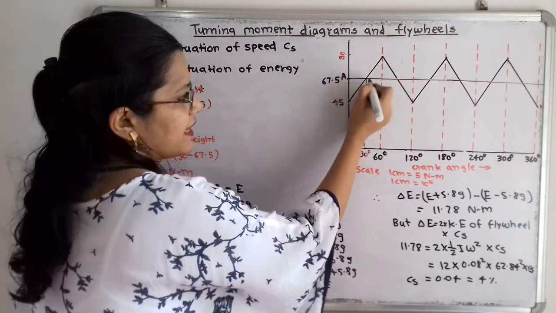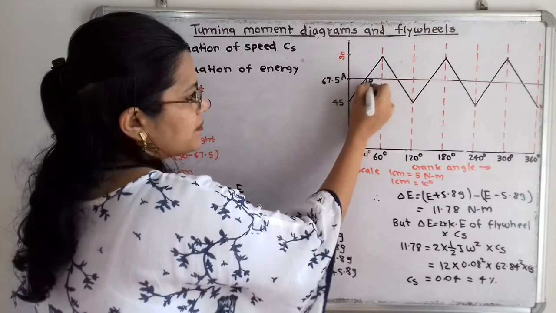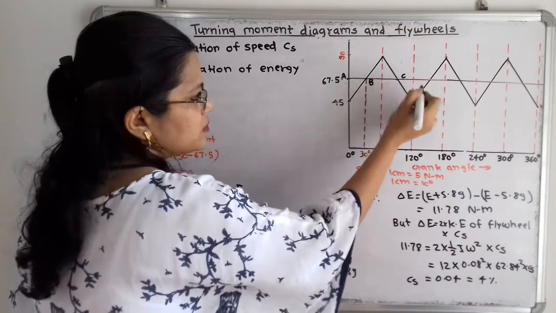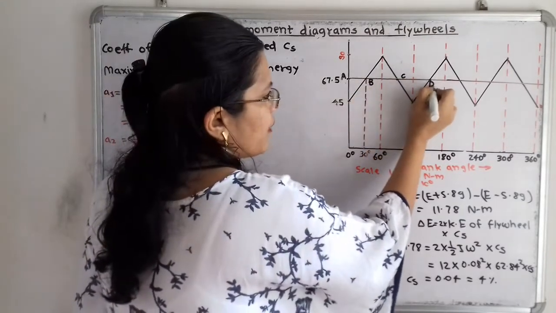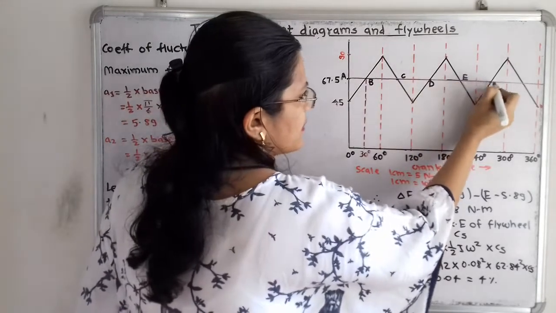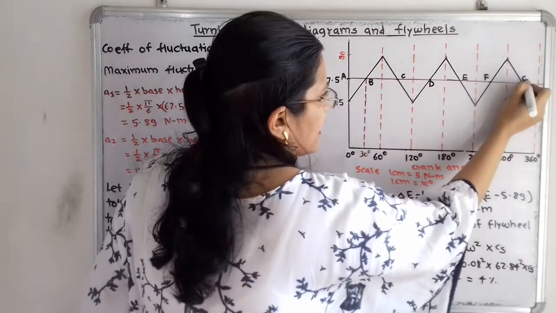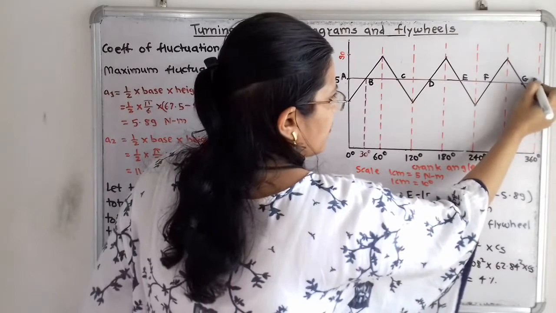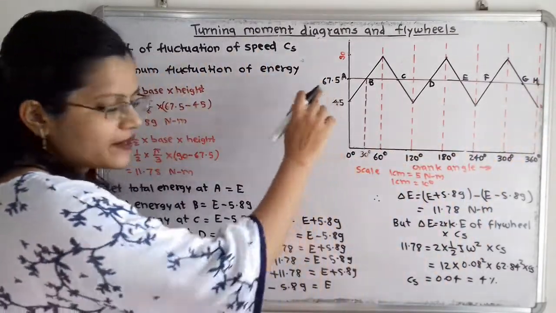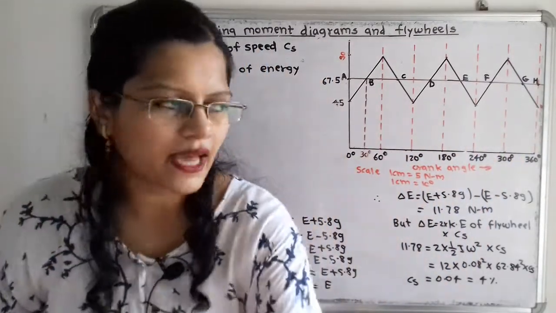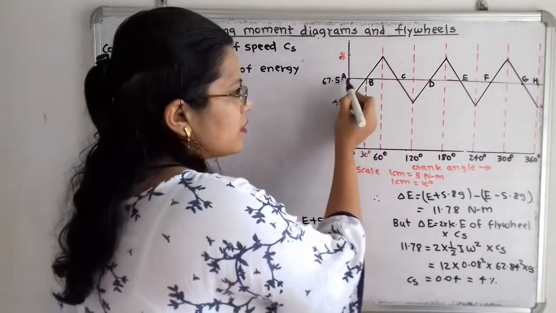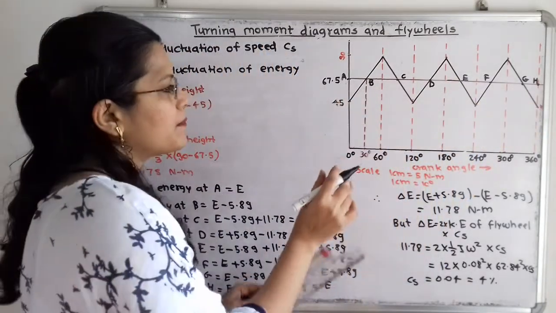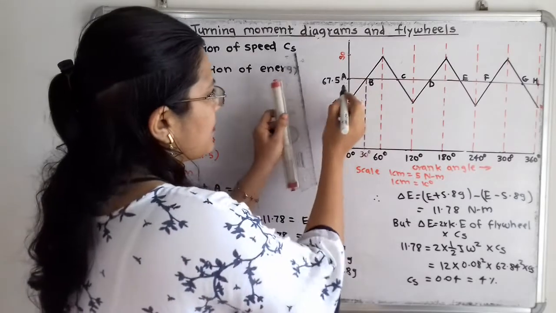Then here is the second point, that is the point B. Here is the third point, that is point C. Here is point D, E, F, G, and here is the last point, that is the point H. So in this way we have to complete this diagram. When I draw here the one horizontal line, that is the mean torque line, I have to complete this point